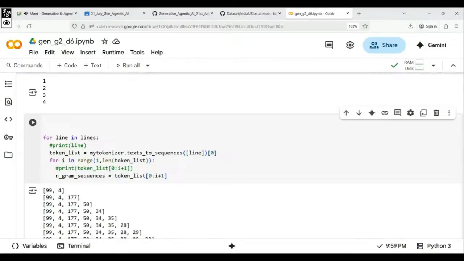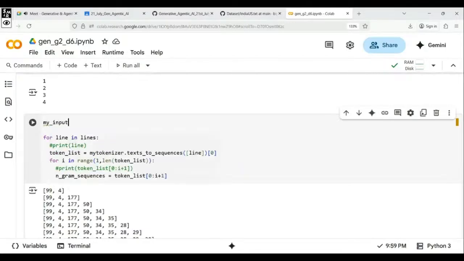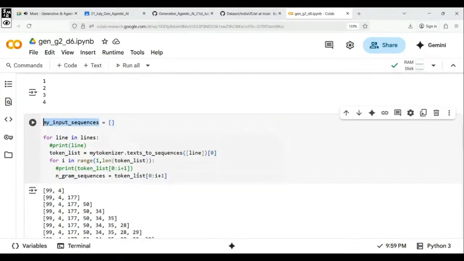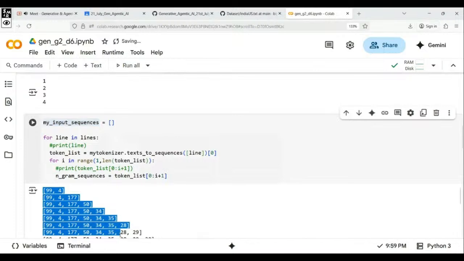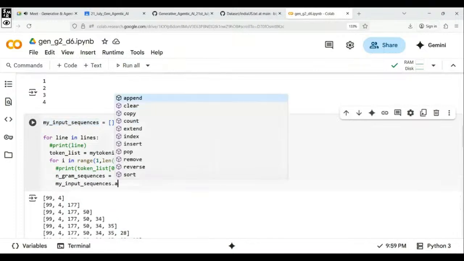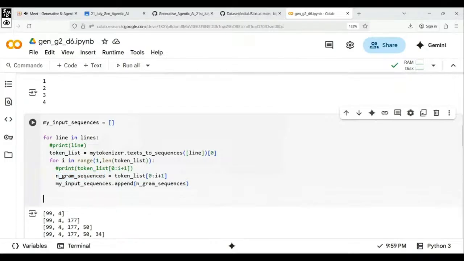Okay, and this value we will store somewhere, which is called a separate list. So let's say my input sequences is equal to a blank list, and in this blank list I have to store all these values, right? So my blank list dot append. What I have to append? I have to append this thing. Done. And then at the end, I'll print